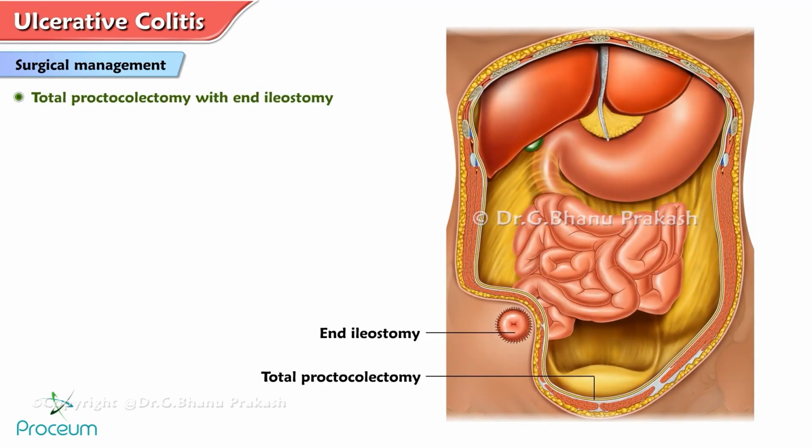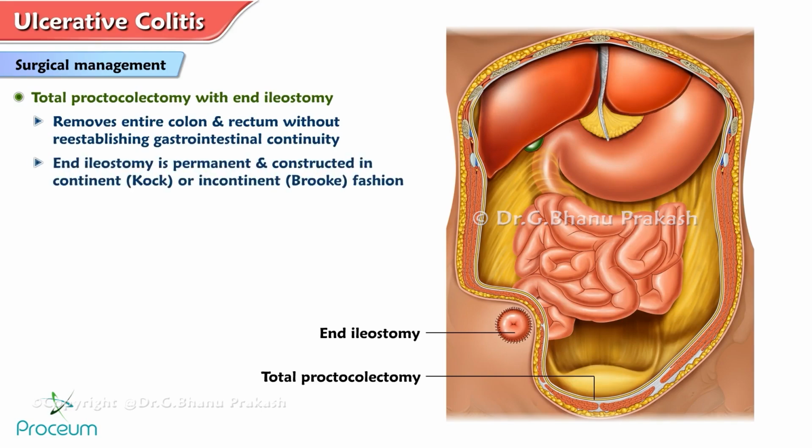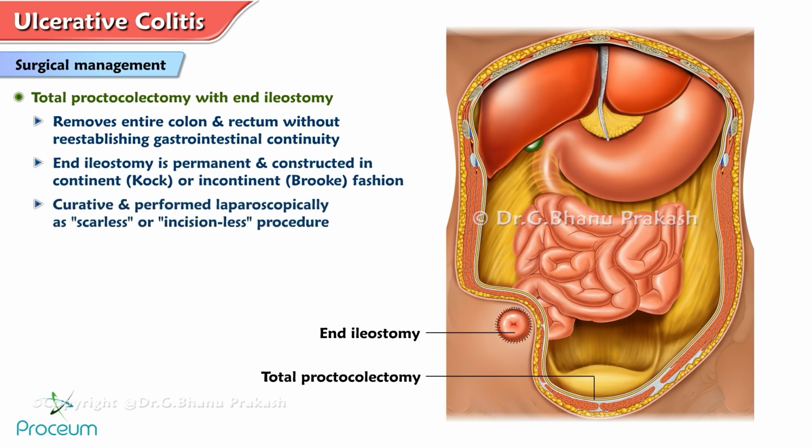Total proctocolectomy with an ileostomy. A total proctocolectomy with an ileostomy removes the entire colon and rectum without reestablishing gastrointestinal continuity. The end ileostomy is permanent and can be constructed in a continent, Kock, or incontinent, Brooke fashion. A total proctocolectomy with permanent ileostomy is curative for ulcerative colitis and can be performed laparoscopically as a scarless or